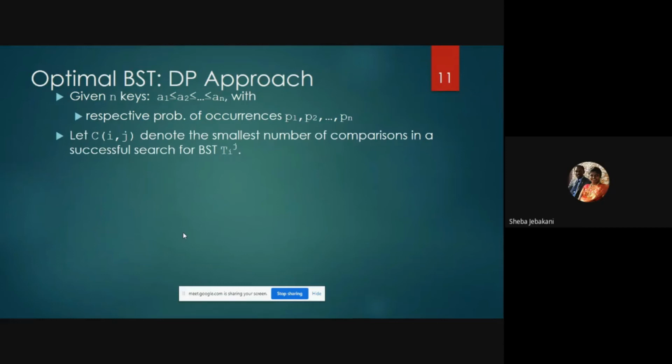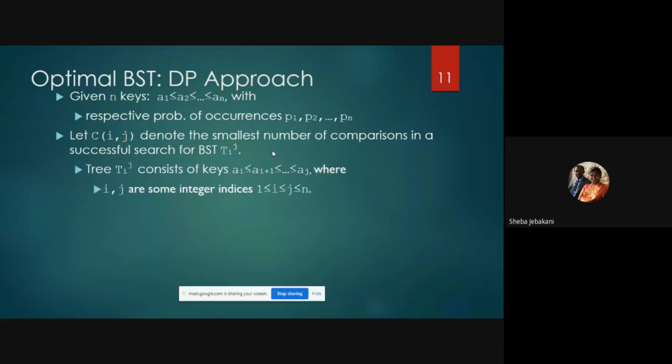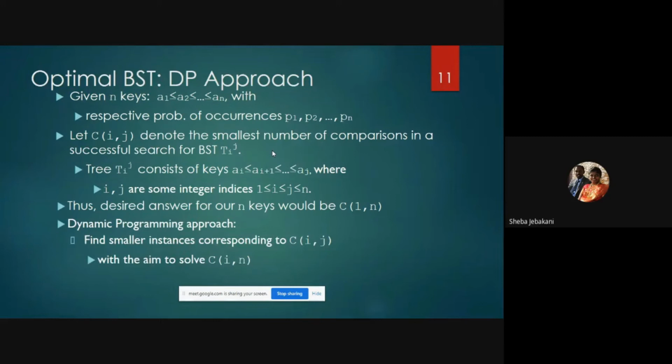So what we are going to do is, let's say we want to check for C of i,j. Initially it will be C of 1 comma n, that is from one node to n nodes. What is the smallest number of comparisons that I'm going to do? For finding this, the principle of optimality tells us that we need to divide the problem into smaller problems, compute for the smaller problems, and whatever solution we've got, we need to use it for future purposes. Correct? So we are going to reduce C of 1 comma n into different values of intermediate nodes, and we are going to compute.